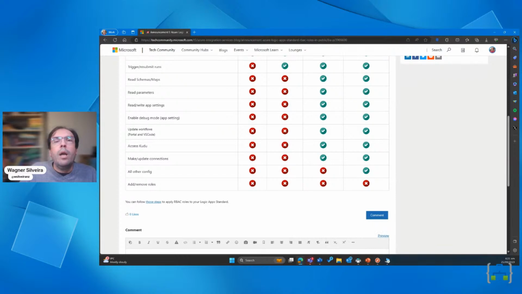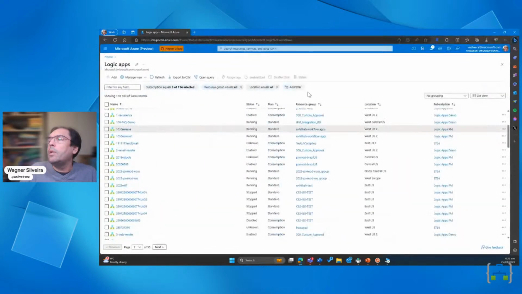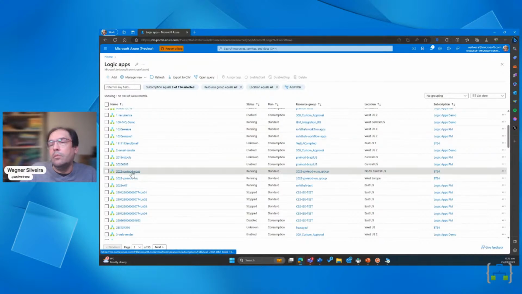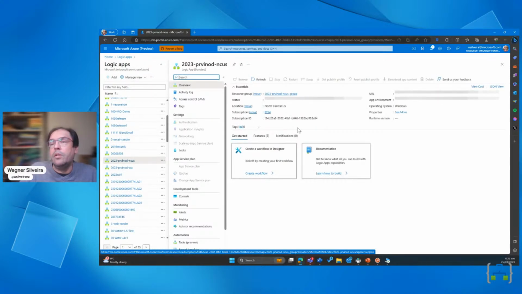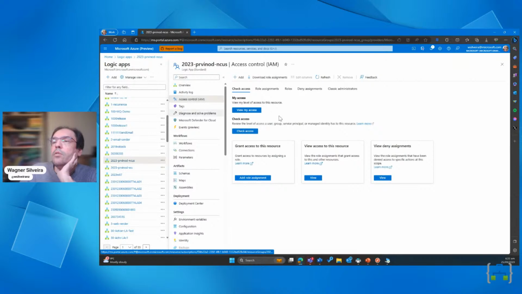While we're here, let's take a look at how you would be able to update this. What would happen if you wanted to go and create one of those roles? It's just like any other role on Logic Apps, right? Or on Azure in general. So if I go to any one of my Logic Apps Standard and I'm looking for access control, if I wanted to add a new role,